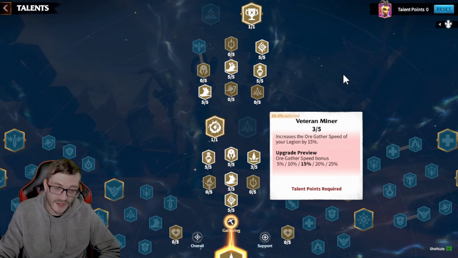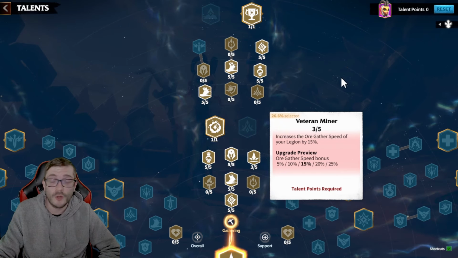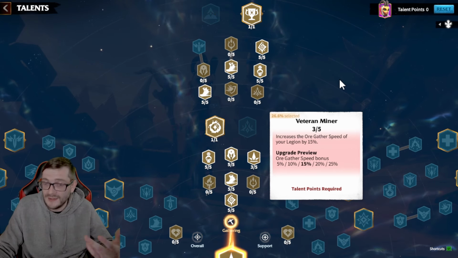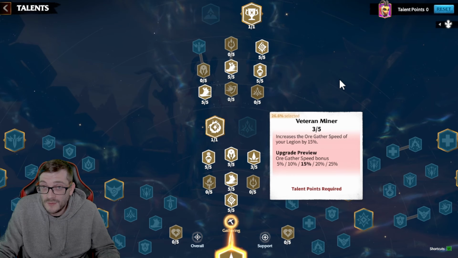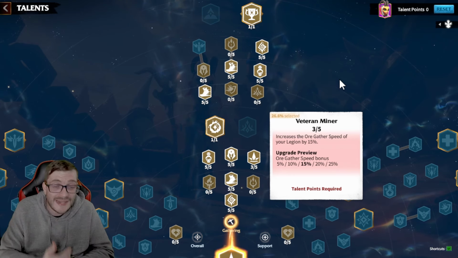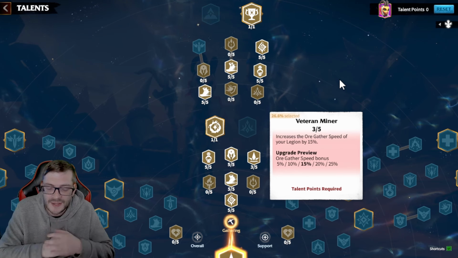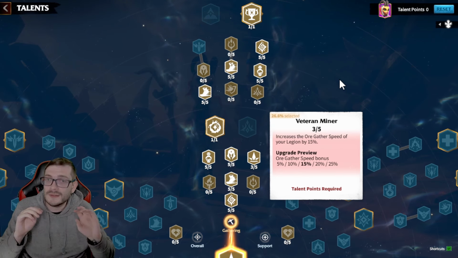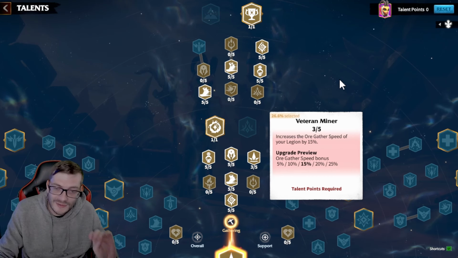Not your load capacity, because the thing is you can always get more load capacity with your troops, and to be honest with your tech, you'll realize a 200k match is way more than you need to farm any of the tiles. So you need speed. Speed is the go-to. And the thing is, with all of your different heroes, your talent tree will look a